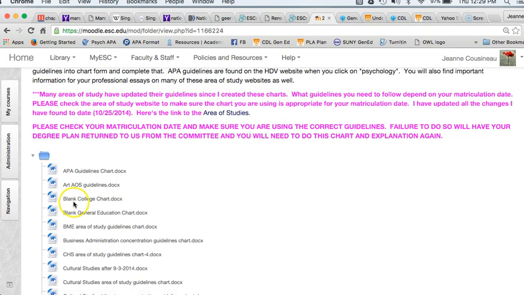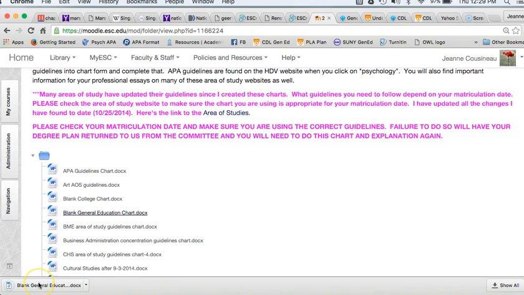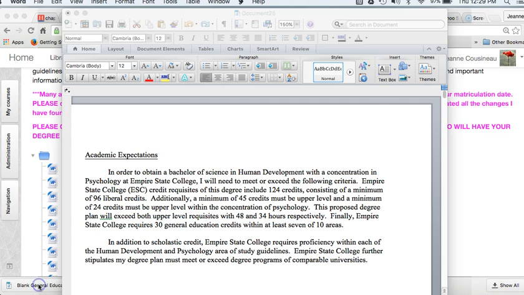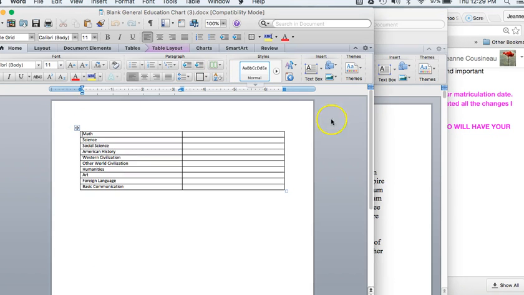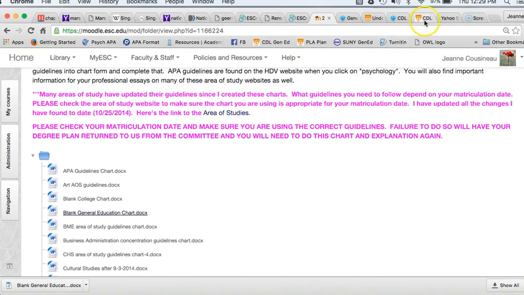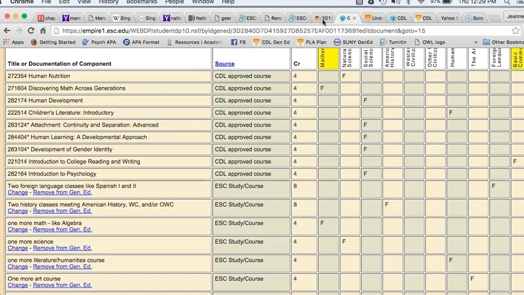But at the beginning, it says blank college chart. That's for your college research. Blank general education chart, which is the one we're going to use right now. And then the rest are all area of studies. So I'm going to go with this blank general education chart, and I'm going to go back to, it should have just downloaded for you on something that you can use right away. So now I'm going to go back to my area here, and I see human nutrition, and I know that that meets